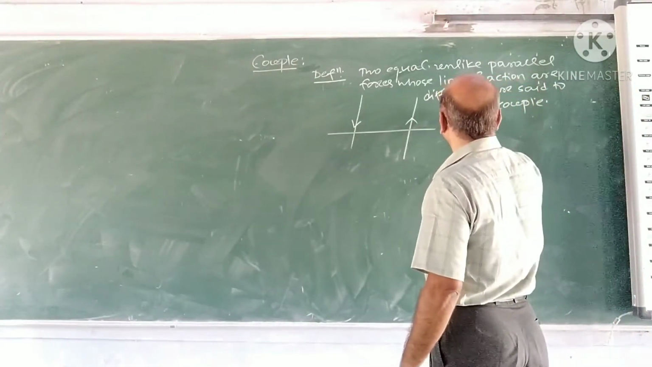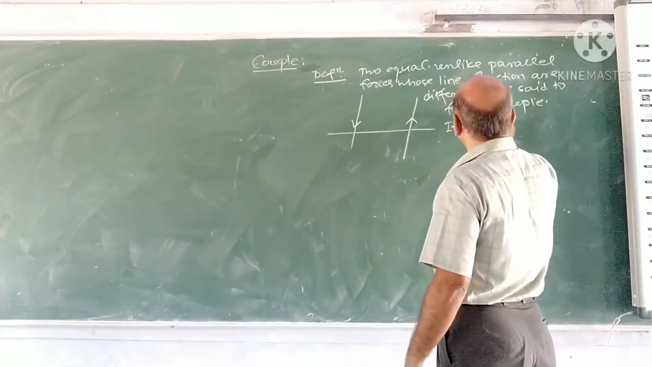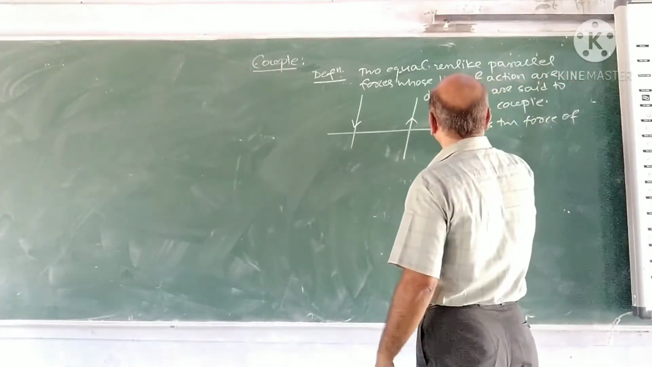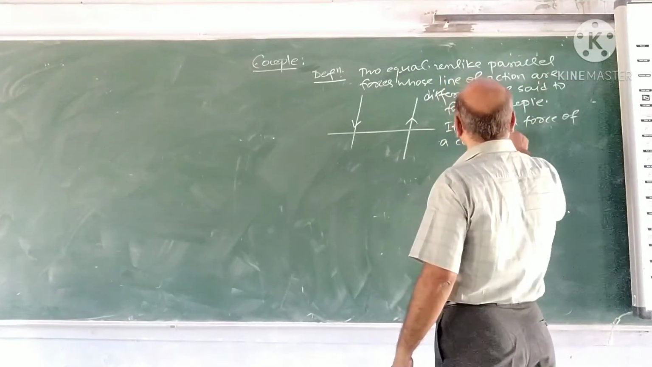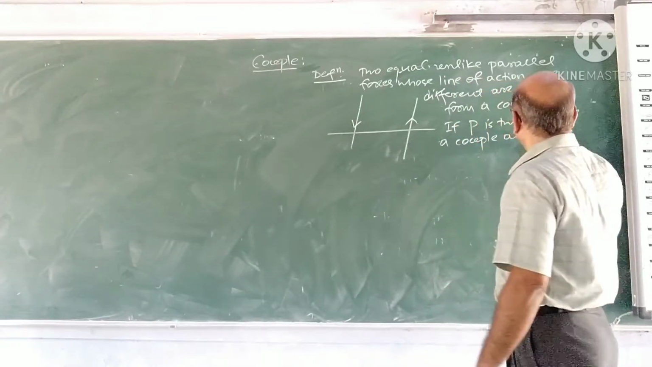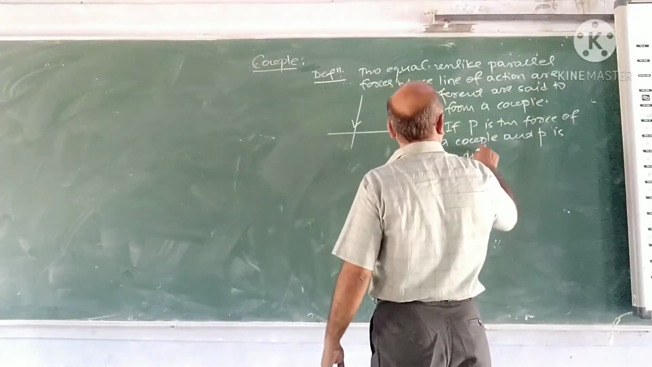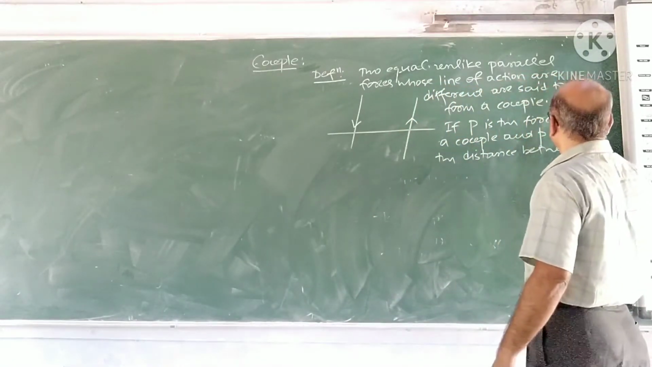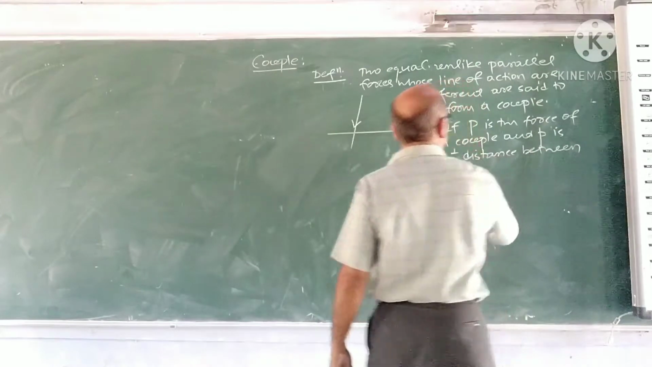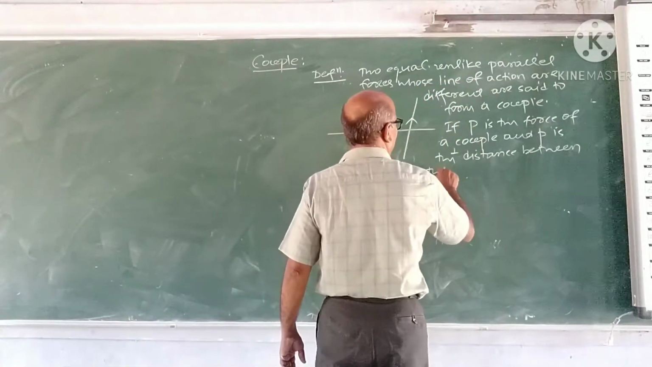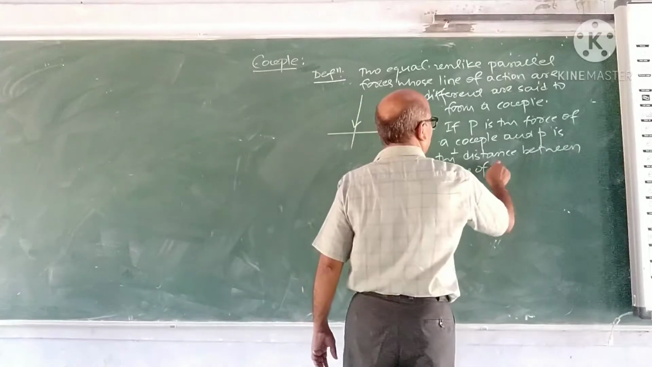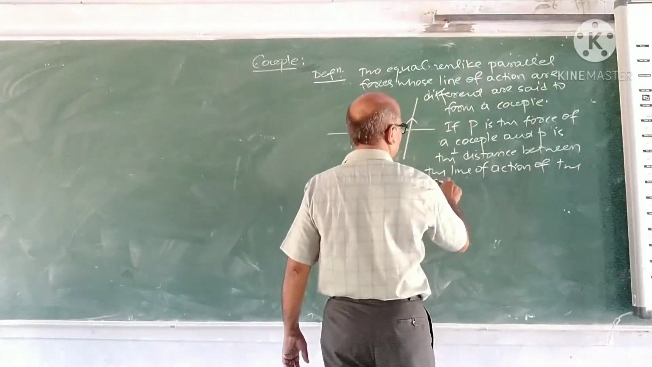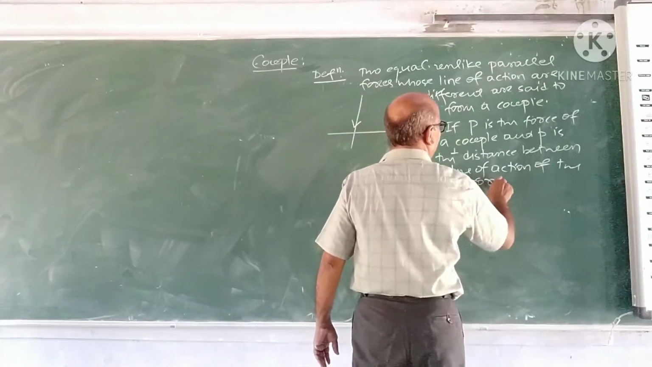If P is the force of a couple and small p is the distance between, distance means perpendicular distance between the line of action of the forces forming a couple,